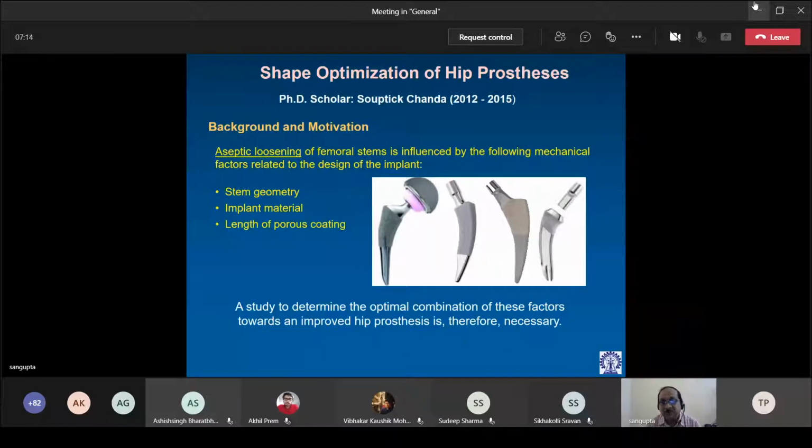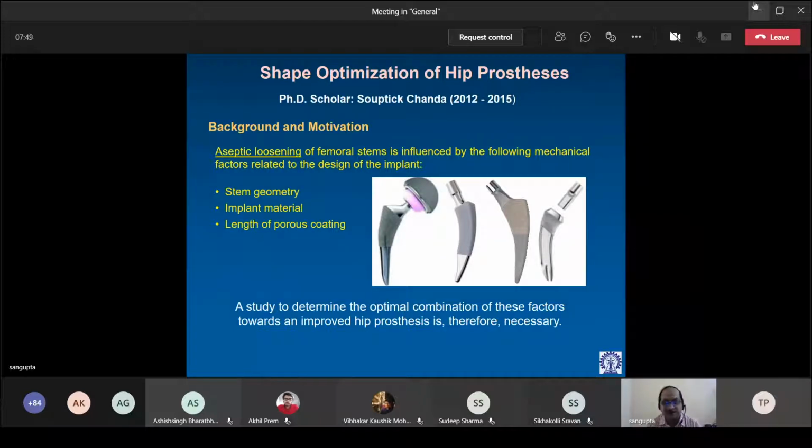So basically, there is a varied design available in the market, and different hip stems or different hip implants have different types of influence on the aseptic loosening. So aseptic loosening of femoral stems or hip stems is influenced by the following mechanical factors related to the design